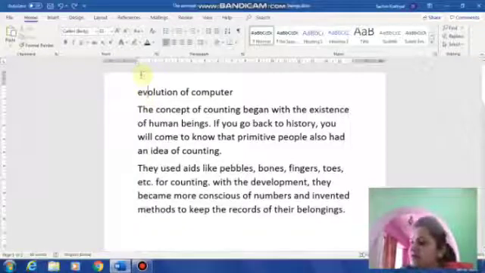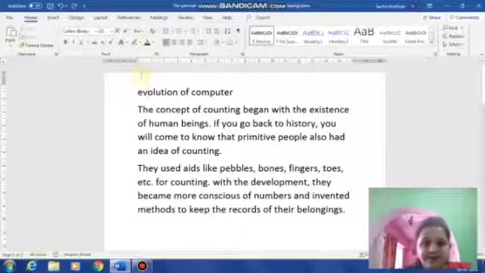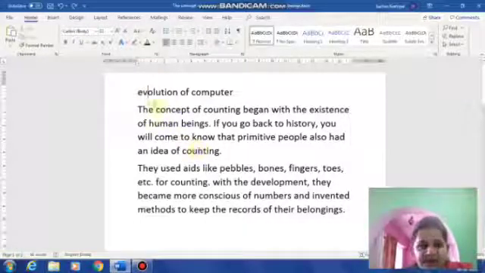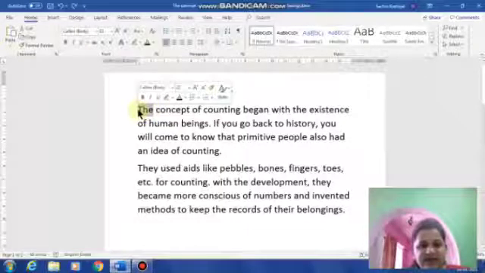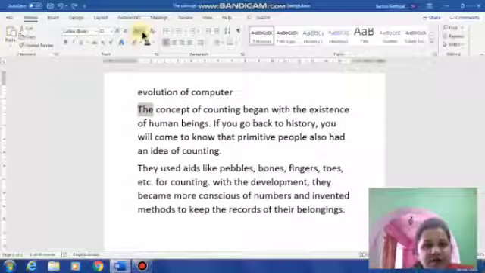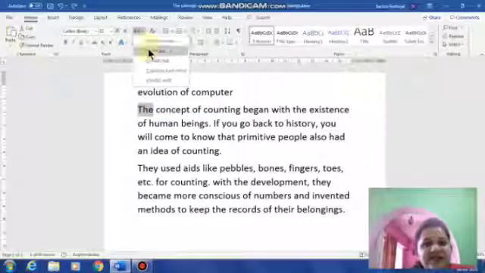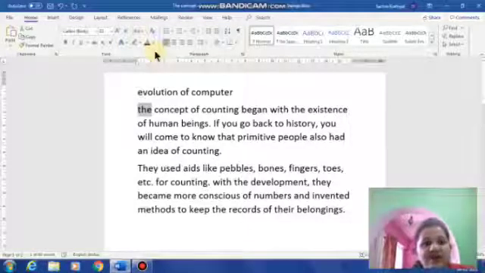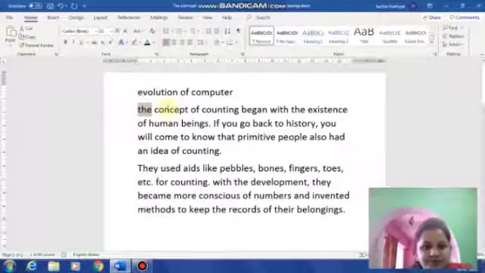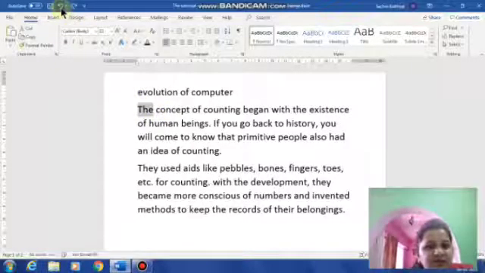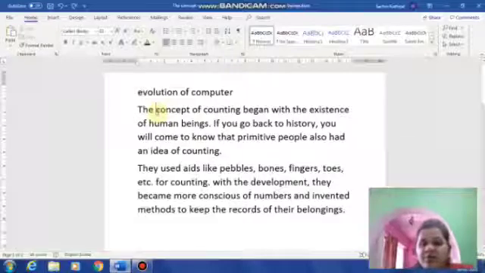Now, next we will use lower case. Suppose I want to select this text here, and click on this change case button. Now use the second case, lower case. If I click on this lower case, it changes all the capital letters to lowercase. Lowercase means the small letters. Okay, children. Now again, click on this undo option. See, the action that we previously performed comes back.